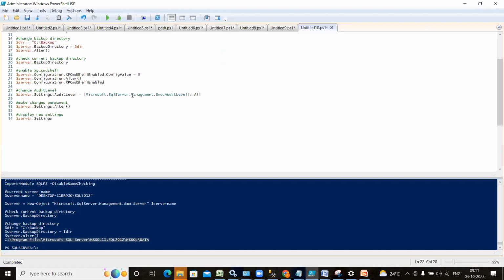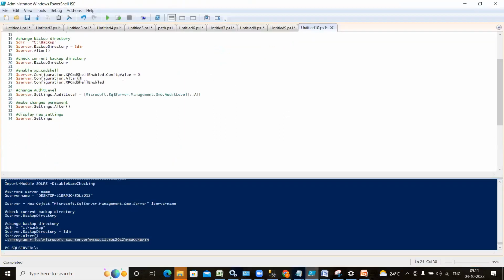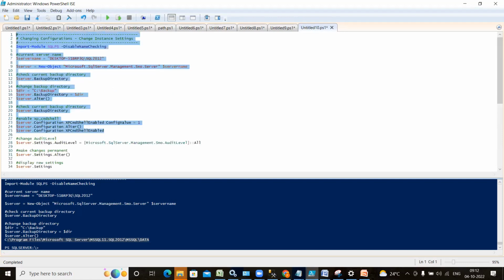But if you want to do it from the PowerShell side, how are you going to do it? I will make that one first. Okay, so now you see it is 0, right? What I'm going to do now is put 1 here. So the same thing I am doing here. This time I am just taking the server information, like you gave the backup directory, like that you have to give this one. Configuration value, you give it 1. Again, you have to do the alter statement, like we ran for the backup, and we are just going to display these things. So if I execute this,